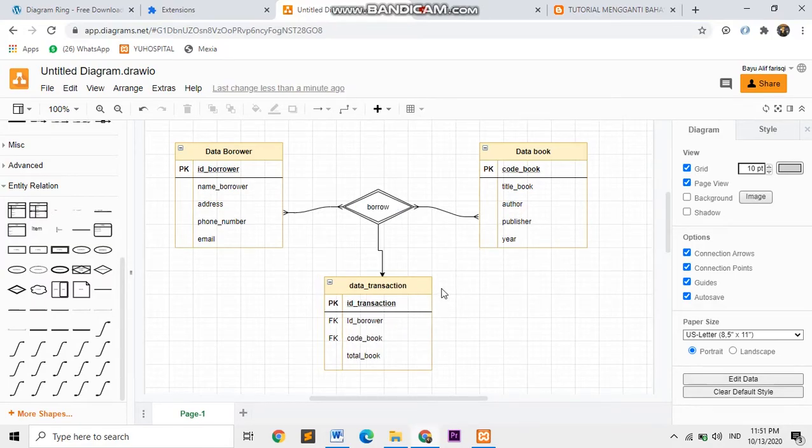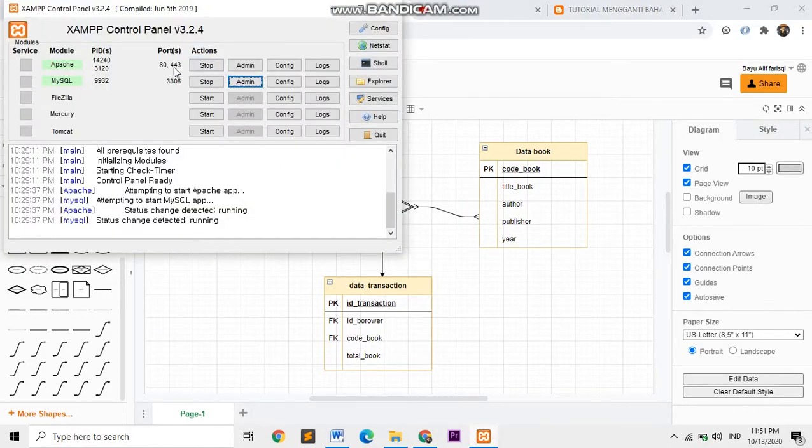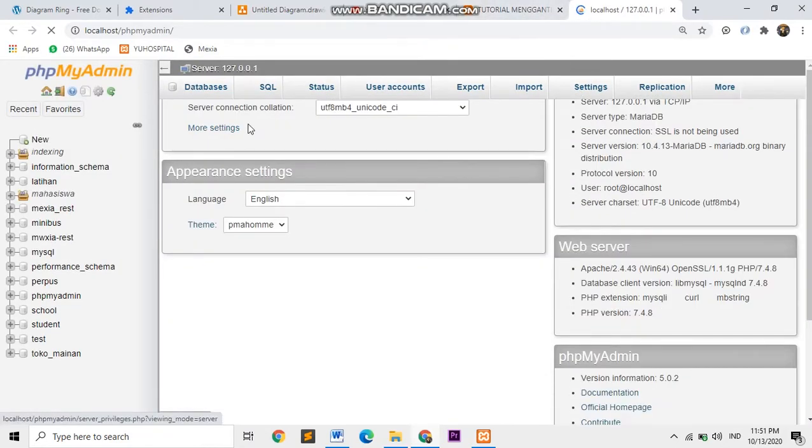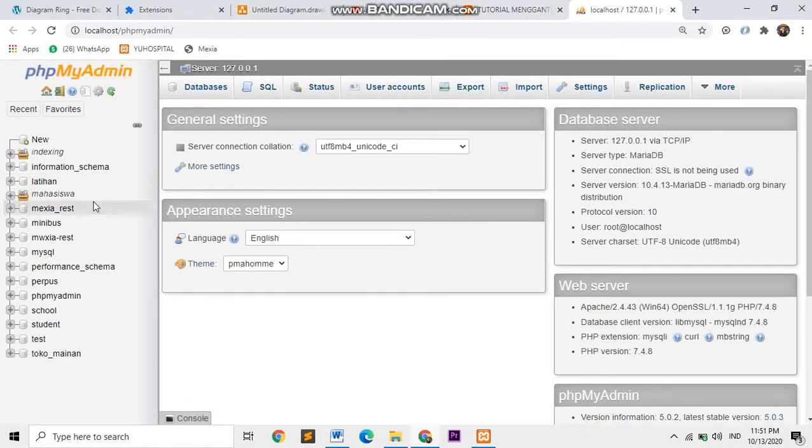Okay, open your XAMPP, start Apache and MySQL, and go to admin or localhost phpMyAdmin. So we must make a new database.